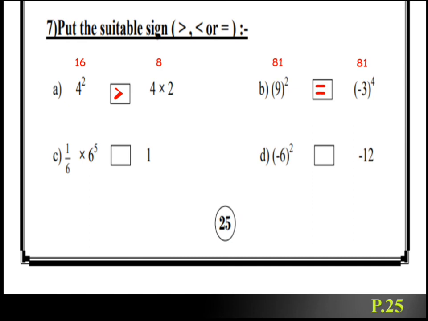Letter C, 1 over 6 times 6 power 5. It's equal 1296. And here we have 1. So 1 over 6 times 5 times 6 power 5 greater than 1. Letter D, and the last one, negative 6 powers 2 and negative 12. Negative 6 power 2, it will be 36. Don't forget to put the number inside the brackets on your calculator to find the correct answer. It will be greater than negative